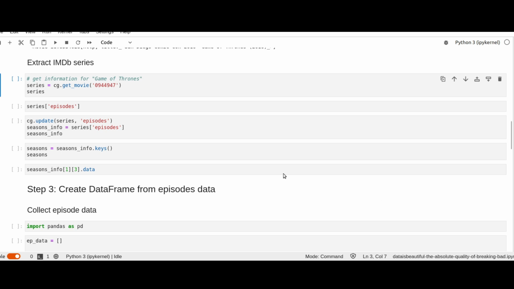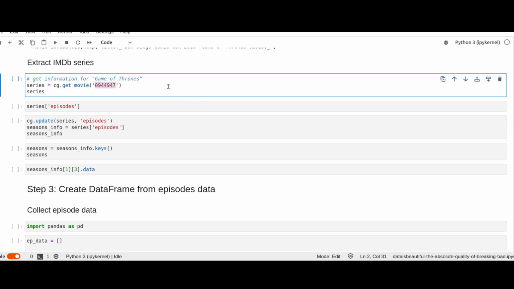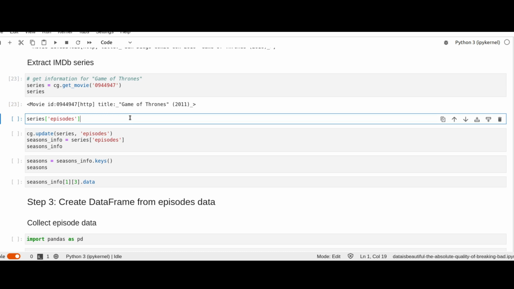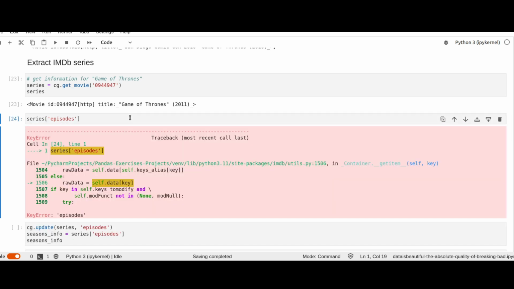Now, to get the information for Game of Thrones, we'll use the same method getMovie that we used for Avatar. We pass the ID that we copied in the first step from the URL and the CG instance. If we inspect the result, we'll see it's a movie object. Now, let's try the same approach that we had for the directors. Now we need the episodes, so instead of directors, get the property episodes. Unfortunately, we get an error